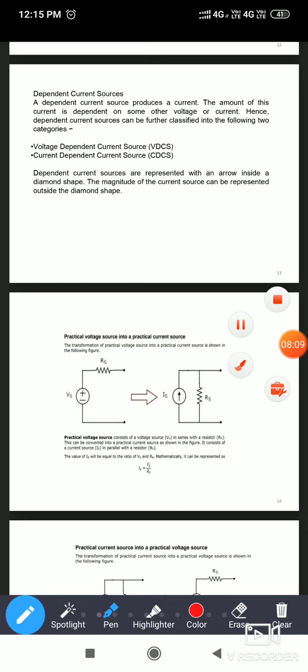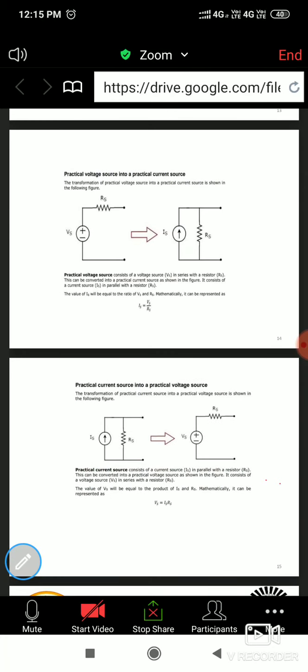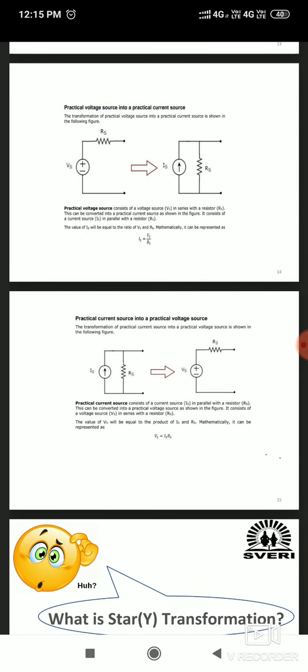So today we will continue. Why I continued, because if you are getting confused in those definitions or in those parts, then you cannot understand the source transformation, which we are going to learn next. So source transformation is a very important concept. Source transformation means we can easily convert the practical voltage source into a practical current source, and vice versa. Vice versa means from a practical current source also we can convert into a practical voltage source.